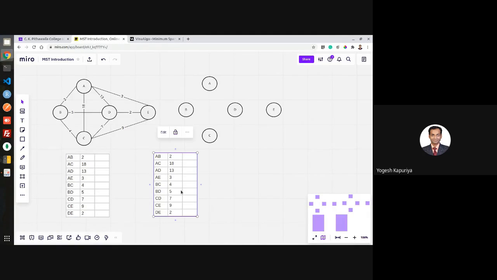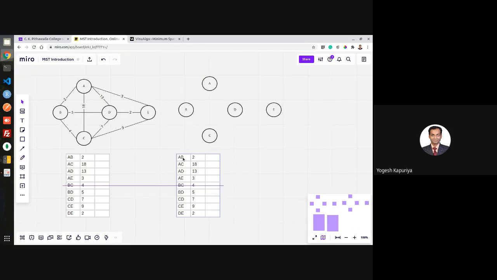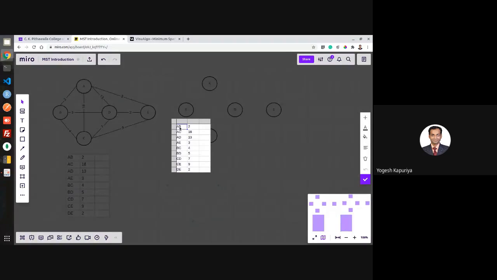But now, instead of maintaining or sorting edges, it maintains a table of the shortest distance of each vertex. So let us change this table.